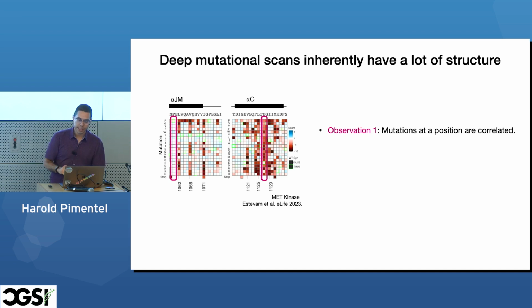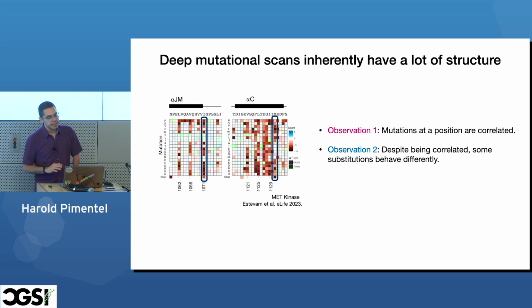And so we see this, right? And so one observation you might make is that actually mutations at a specific position are correlated, right? If you can knock out a specific position or change the variant at a specific position, you might not observe anything, right? And it doesn't matter what you change it to. But other positions, you might change it to something, and no matter what you change it to, you're screwed. It totally breaks the protein, right? So that's the first observation. This is actually a pretty sound, biologically motivated observation, right?